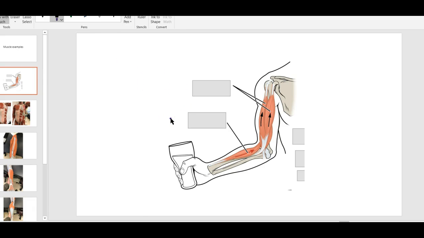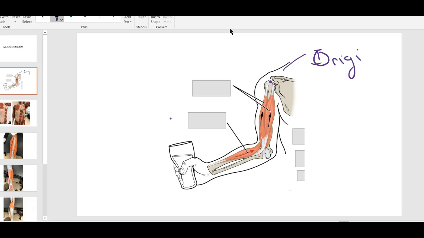It is called that because it is a two-headed muscle in the brachial region of your body. So it's got two attachment points, up here and here. These two parts of the muscle, when it contracts, tend not to move. So these we call